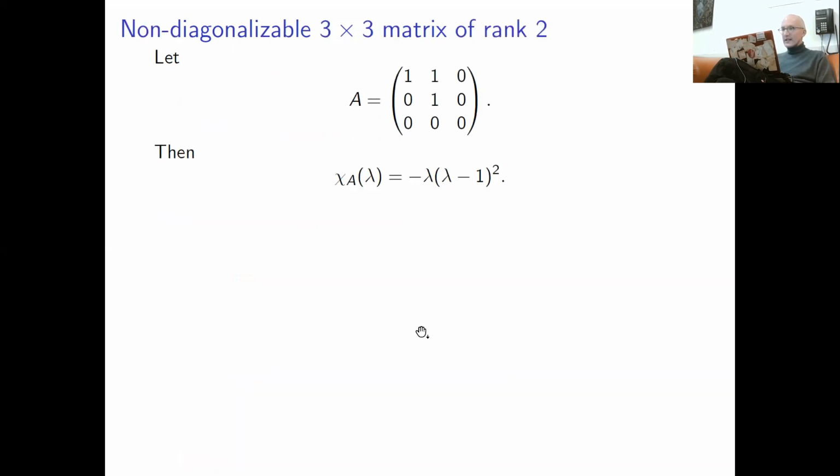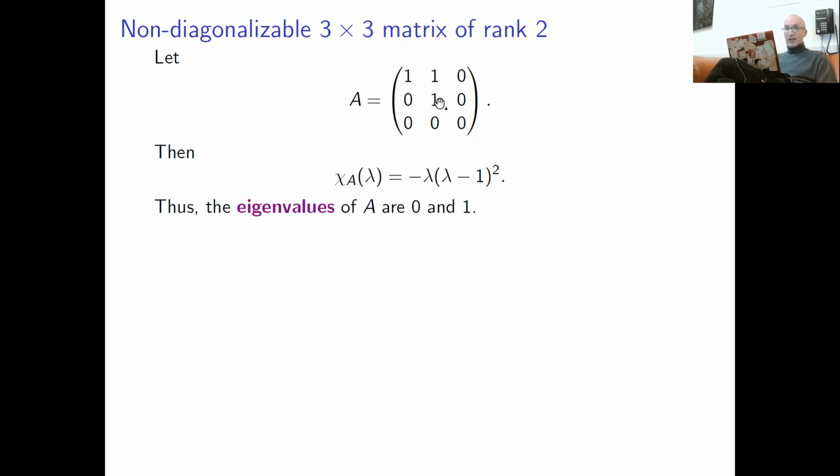Okay, let's consider one more example, an even simpler one. You take this matrix, you compute its characteristic polynomial, it is just lambda times (lambda minus 1) squared. Again, this is an upper triangular matrix. Its eigenvalues are just the diagonal elements, and 1 is a repeated root of the characteristic polynomial. So the algebraic multiplicity of 1 is 2. The algebraic multiplicity of 0 is 1. So 1 is a suspicious root. If the geometric multiplicity of 1 is less than 2, it's a problem.